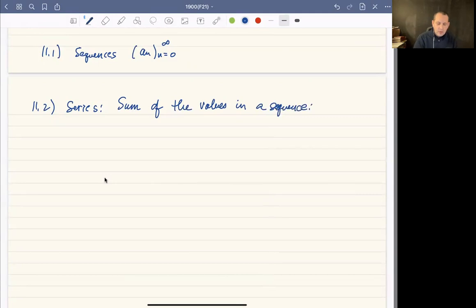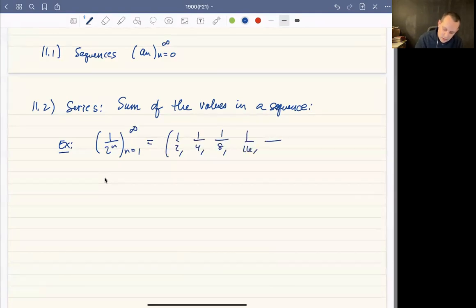Okay, and so, for example, we could talk about the sequence 1 over 2 to the n as n goes from 1 to infinity. That's the sequence 1/2, 1/4, 1/8, 1/16, 1 over 32, and so on. And we could go as far as we want. And that's a sequence. The series is the sum of the values. So if we add up the values, 1 over 2 to the n as n goes from 1 to infinity,